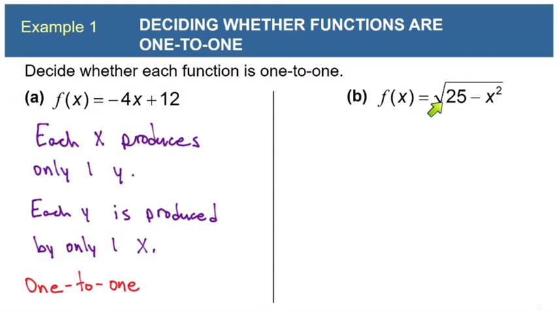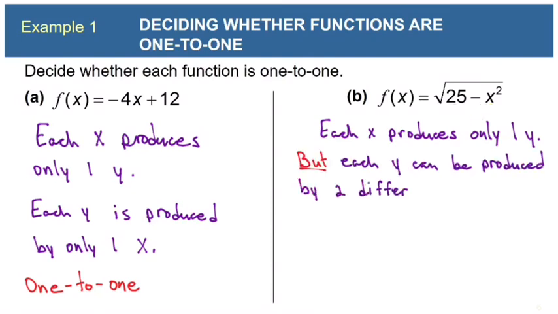Now, it's not the square root that's going to cause the problem, it's the square here. Each x that we plug in does only produce one y. If you plug in, say, 1 for x, that only will calculate one answer. If you plug in -2 for x, that only will calculate one answer. But each y can be produced by two different x's, because think about if we plugged in x equal to